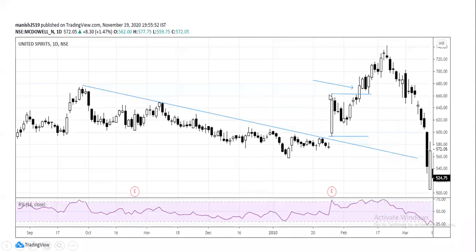So this breakout candle became master candle, and all these candles became baby candles. And finally here you got a breakout and then a one-side move. So here you can enter, you can design a bull call spread on this day, or you can design a bull put spread on this day.